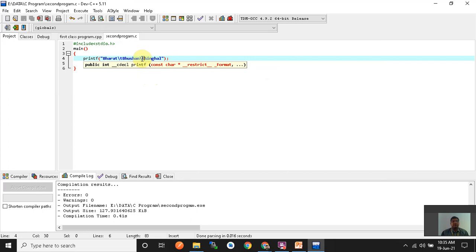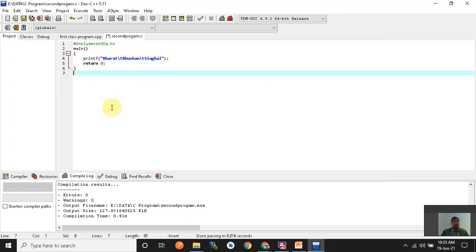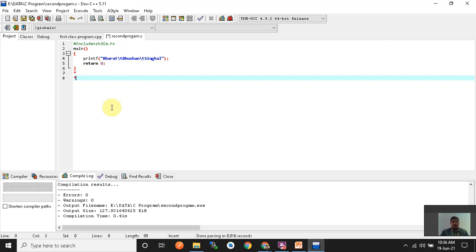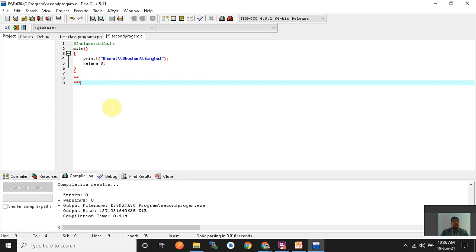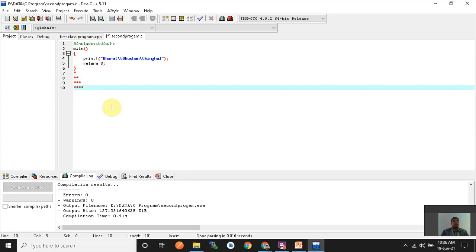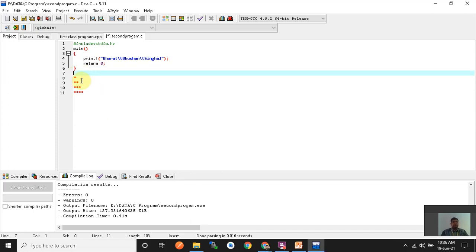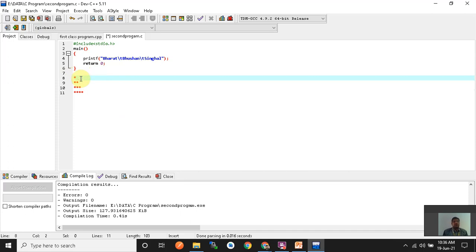It is called tab. Now I want to create some figures using printf, like this figure. For this, first convert all enters into slash n.